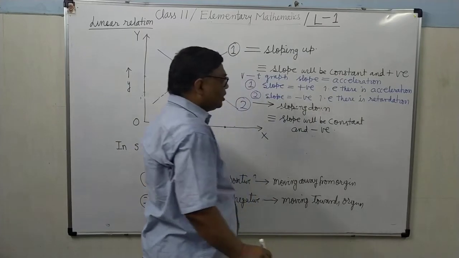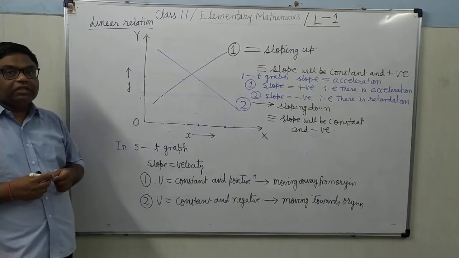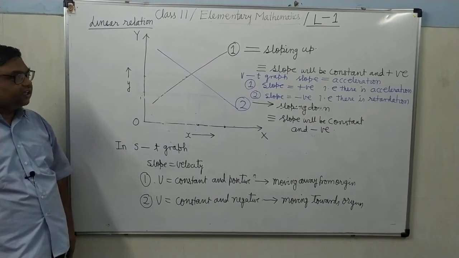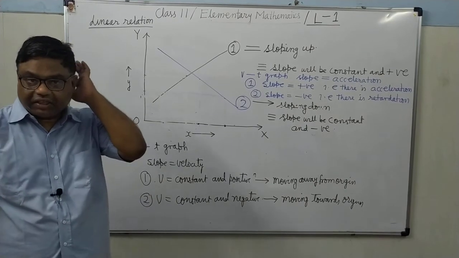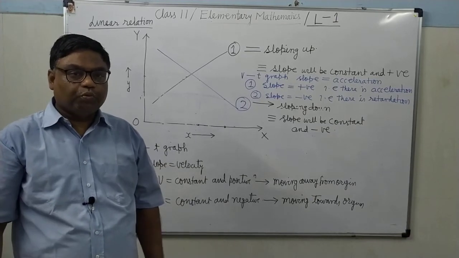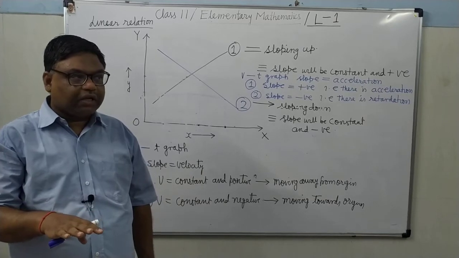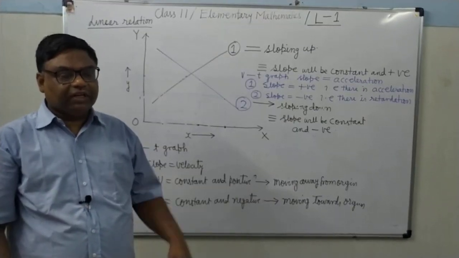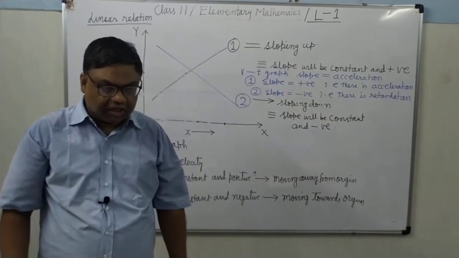But this acceleration or retardation will be uniform. It's clear? Uniform means constant. There is no variation in acceleration or retardation. Retardation, you know, is when the speed decreases. When you apply the brakes, there will be retardation in your motor vehicle. When you apply force on the accelerator, what happens? Speed will increase. What is the meaning of acceleration and retardation?